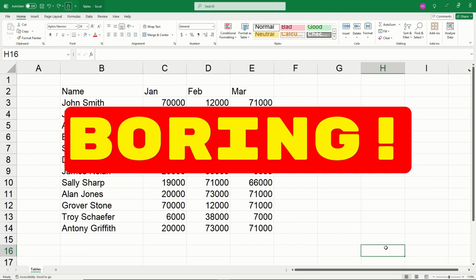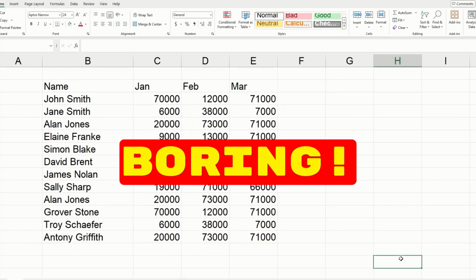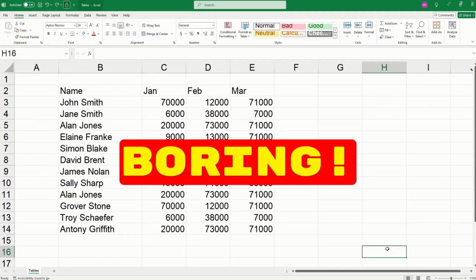Does your Excel data look like this? Just a boring page of black and white cells and text? If so, you're not even beginning to tap into the power of Excel. So in this video, I'm going to show you how to turn your boring static blocks of data into powerful